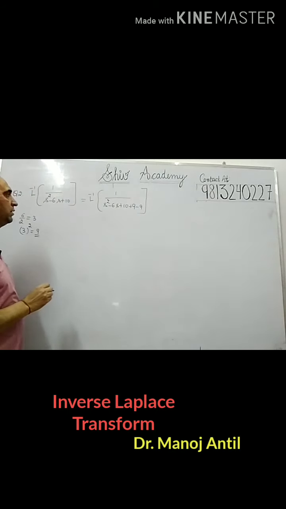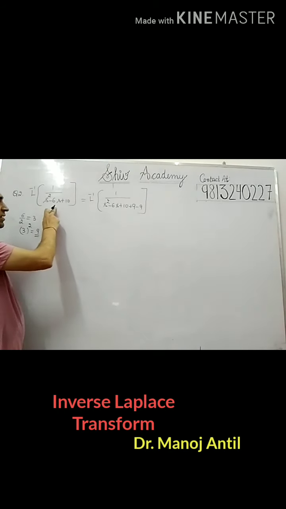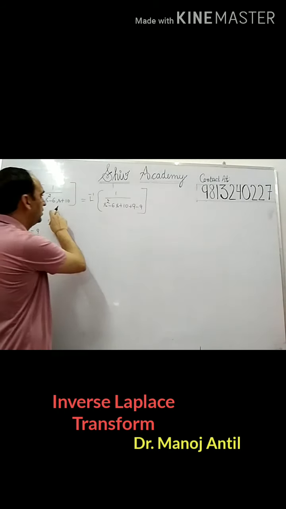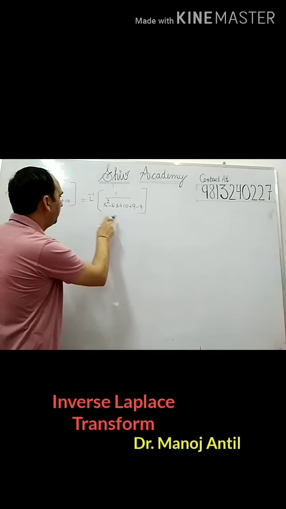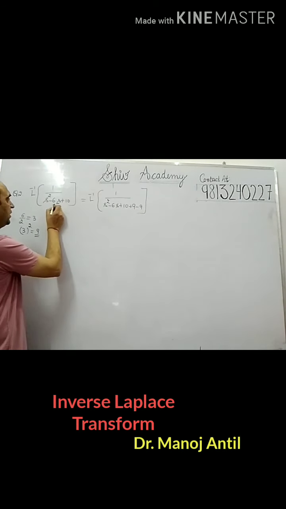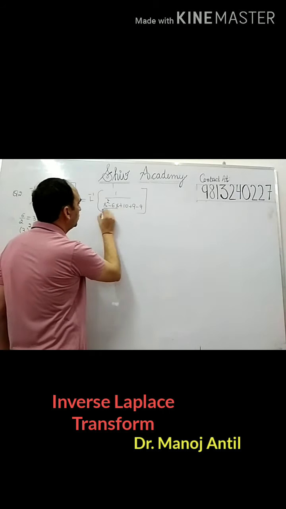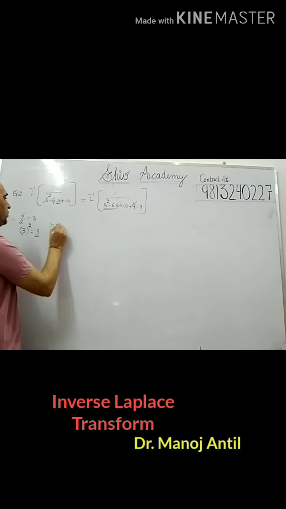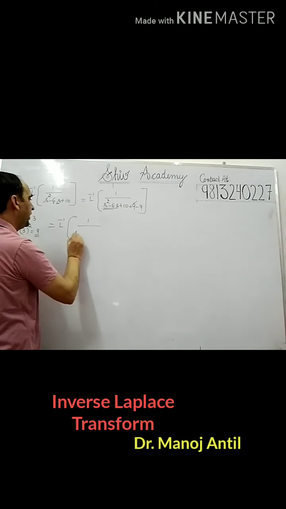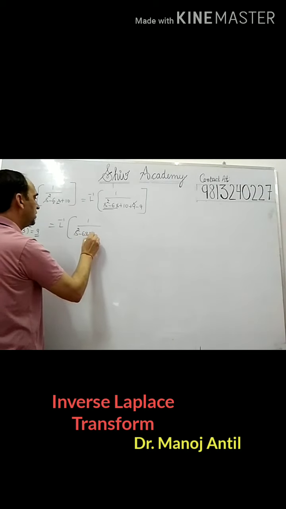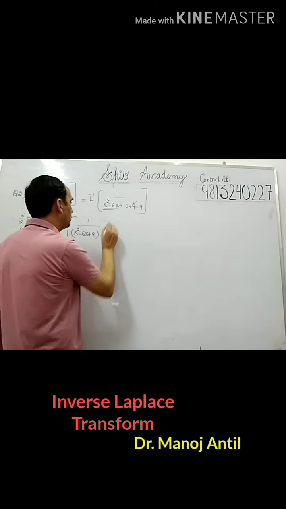In this, we cannot make use of partial fractions because factors are not possible. If factors are possible, then we can use partial fractions. So we are completing the square. The method is that we take the coefficient of s, that is minus 6, make half of this 6, that is 3, then take the square of this 3, 3 square is 9. So we add and subtract this term. So it will give L inverse of 1 by s square minus 6s plus 9, and 10 minus 9 is 1.